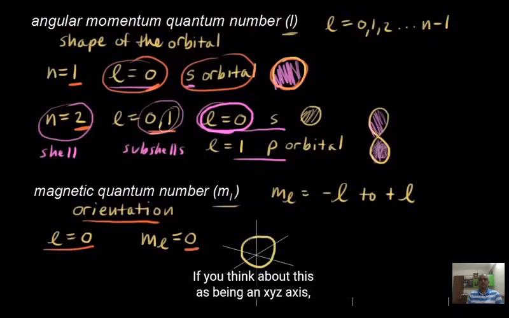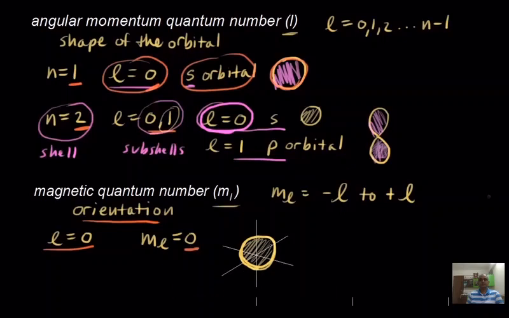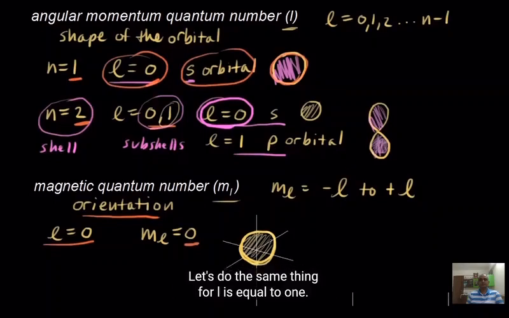So if you think about this as being an XYZ axis, and if this is a sphere, there's only one way to orient that sphere in space. And so that's the idea of the magnetic quantum number. All right, let's do the same thing for